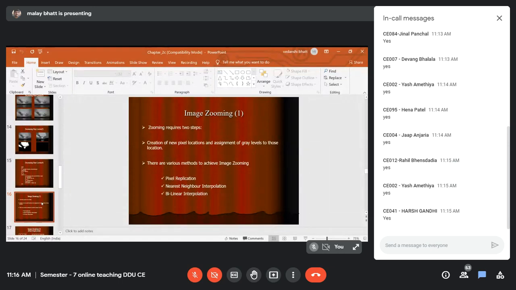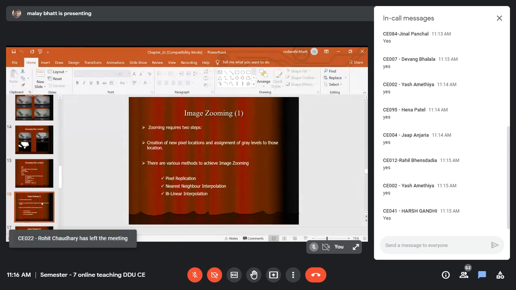As we want to zoom the image, we have to add more detail because it is actually not present in the image. When you take an image and you want to zoom it, the details are not available with you and you want to add the details into the image.